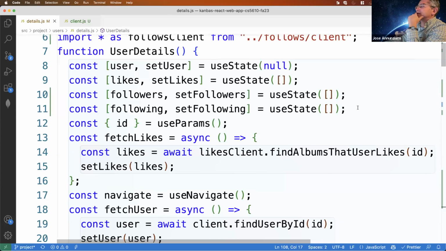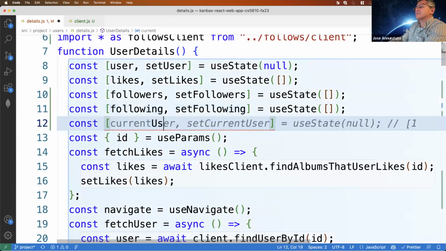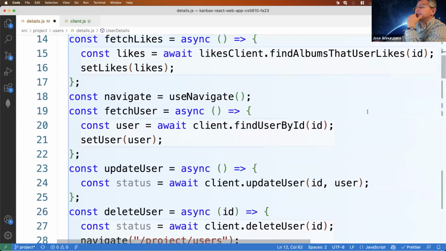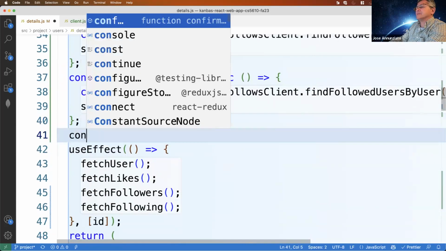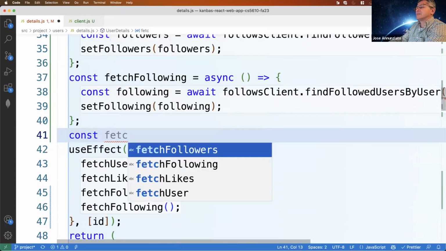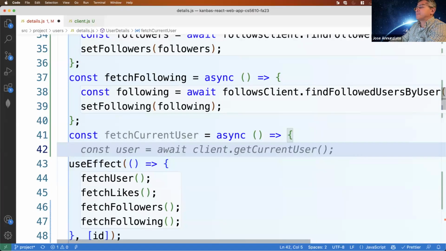Let's go fetch the current user. So const current user, and we can fetch the current user using const fetch current user.